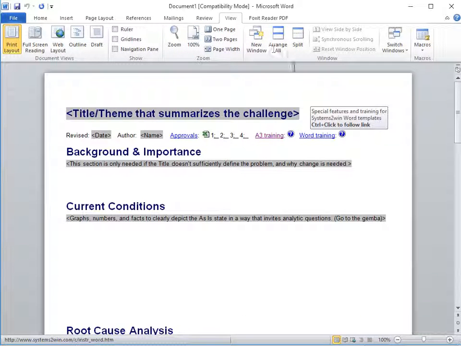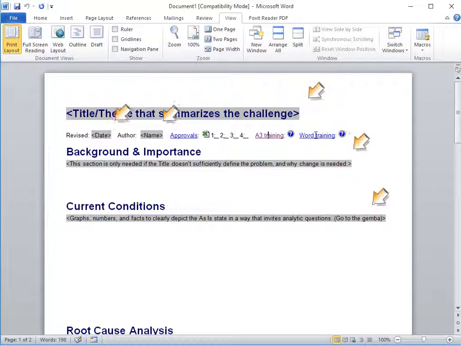And let's hover our mouse over this final link to the training page for features that you might find in any Word template. Things like tables of contents, navigation pane. How do I insert screenshots and pictures? Things you might not know you can learn, including how to use these form fields that are highlighted in gray.